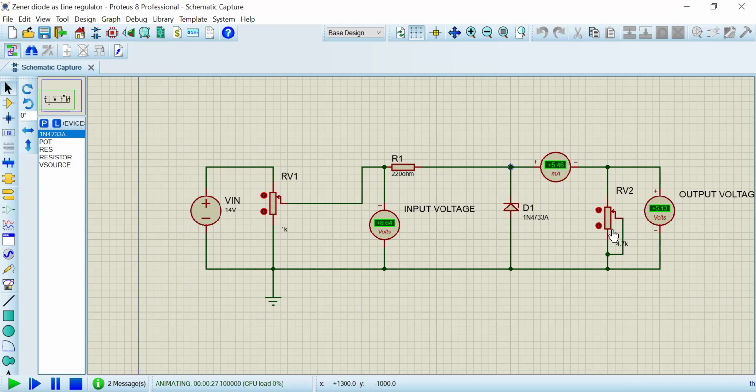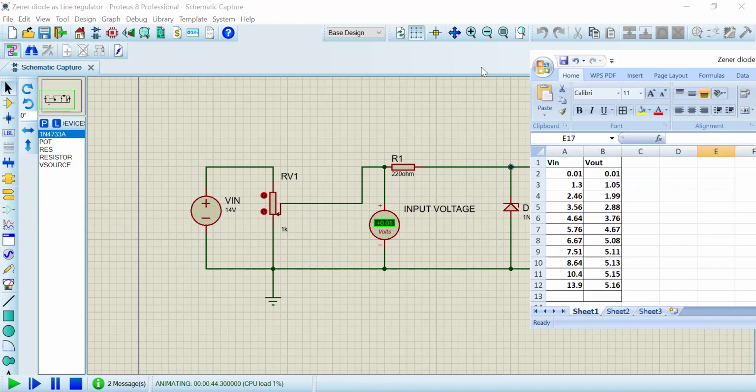To keep the load current constant, first you should choose the source voltage more than the Zener voltage. The voltage I took was 8.64 volts, more than the Zener voltage, and I fixed the load current constant. After that, you bring this wiper to the lower position, then start taking the readings. It means you are keeping the load current constant, varying the input voltage and measuring the output voltage. After writing this tabular column,